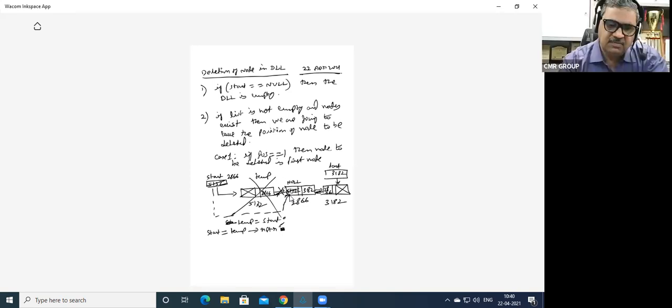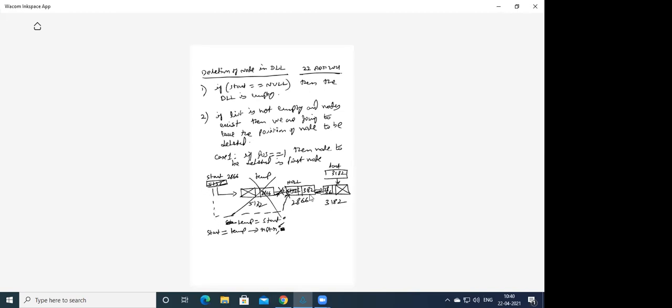That is the one step. Next, this particular RPTR value, whatever is there, temp arrow RPTR value 2866 is overwriting the start. Now this particular link has broken, and the link has been established between start and the second node. However, the start arrow second node LPTR.